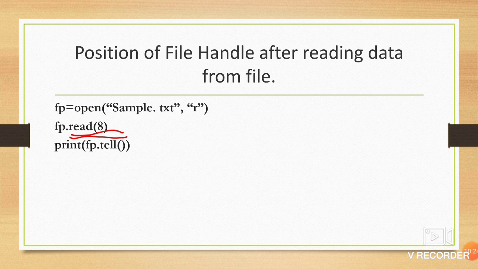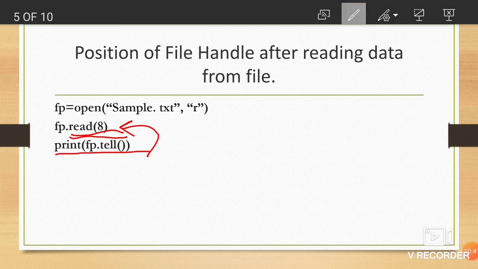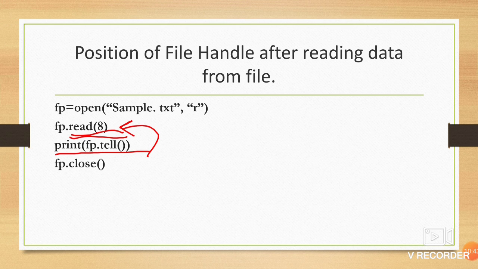Now we read 8 bytes, so the position of the file handle is 8. So this print statement will print 8, as we read 8 bytes by calling read. Then fp.close. So the output is 8.